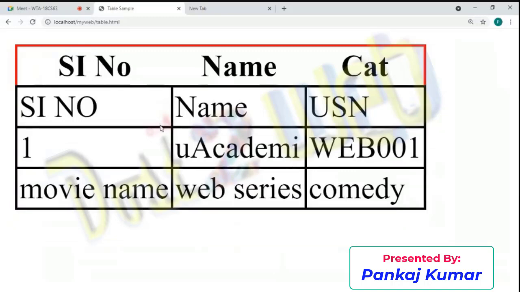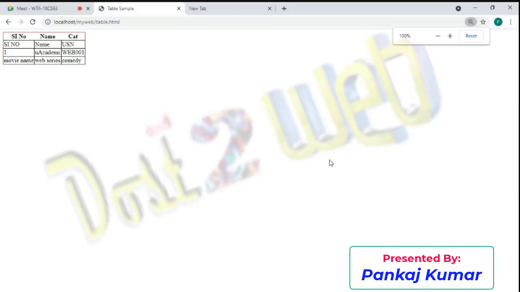Now you see what happened? The space is gone between them, and the color is overridden here and the remaining is the same. So this is the way you can design your table in your HTML page with the help of CSS.